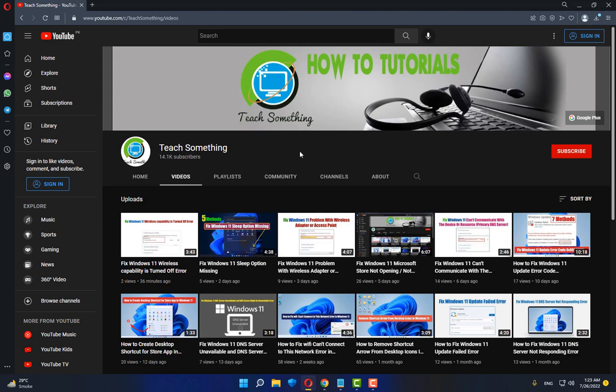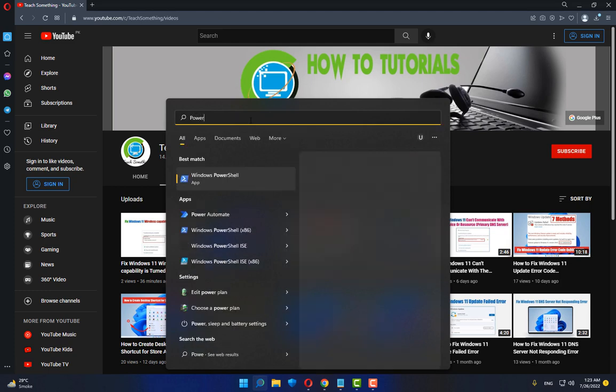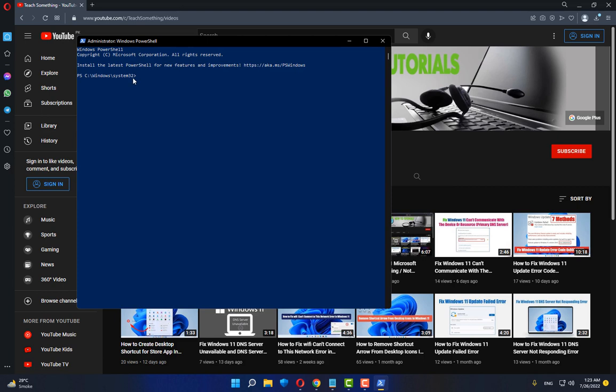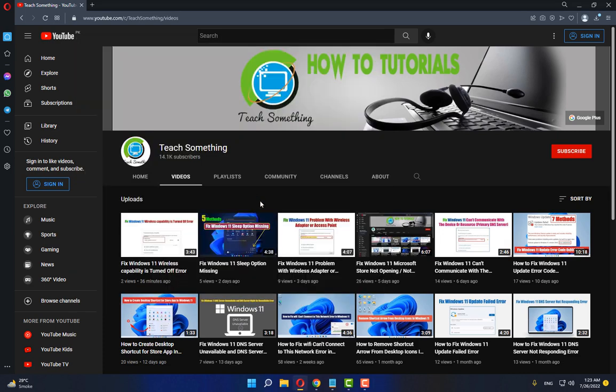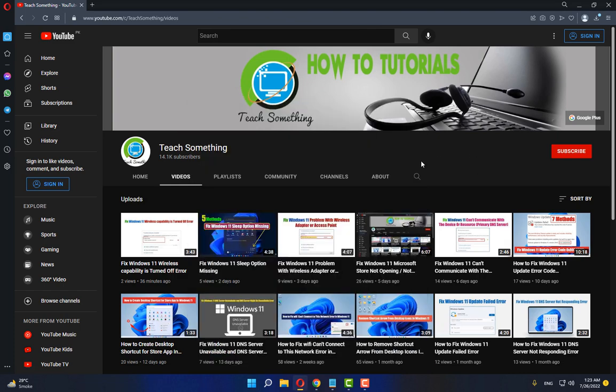Okay guys, first of all, in the search box, type PowerShell. Open up Windows PowerShell, right click, run as administrator. After opening that, copy the command which is available in the video description and paste it, and after that click on enter. After that type exit and exit the command prompt. After that restart your computer, and I'm sure that after doing this step your problem is